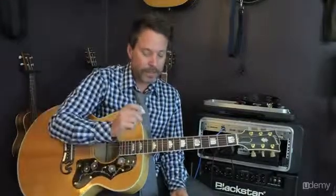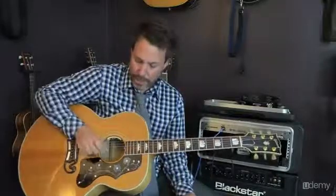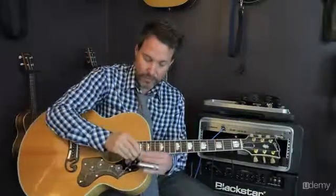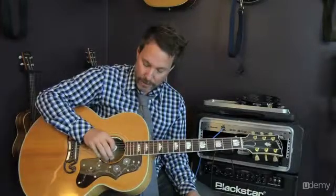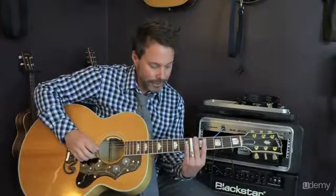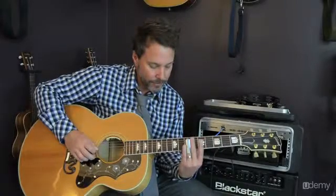Okay? So now let's talk about this technique from a traditional picking standpoint. So this can be a little bit more tricky because we don't have all these fingers to work with to lay all over the strings. So we have to get a little bit more handsy with our thumb, and you could also use, say, second, third, or fourth finger to mute this higher string. So if I was doing that same technique, I might do something like